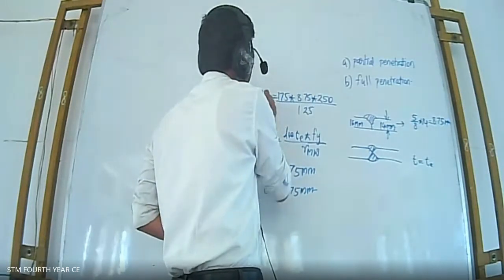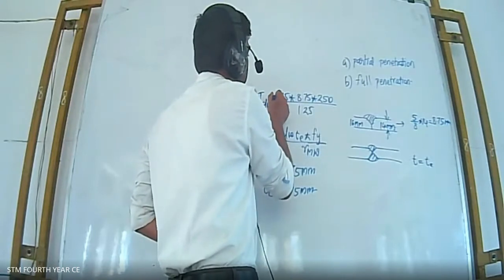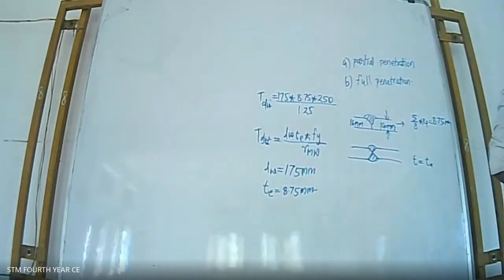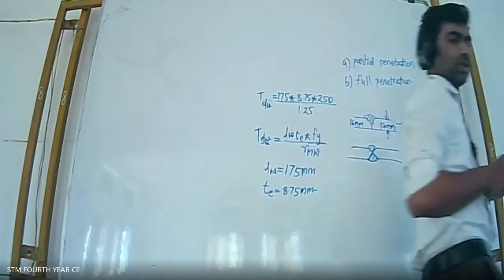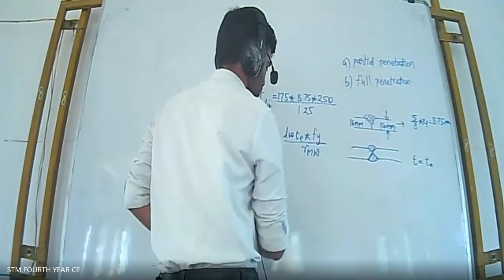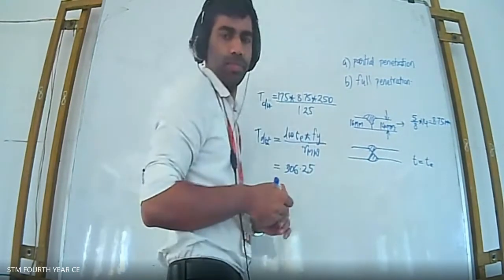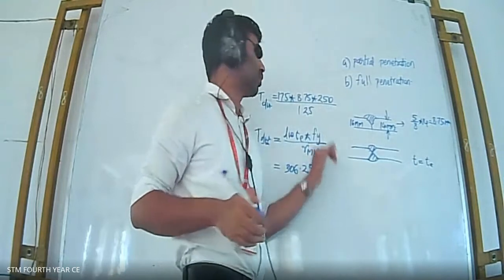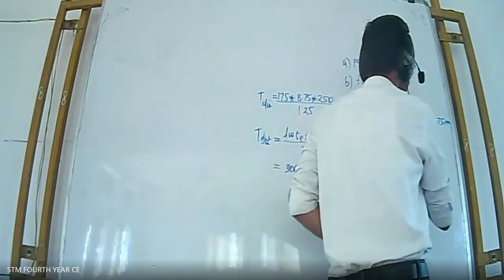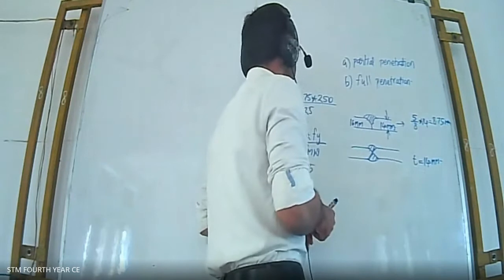That is obtained from the table. In this way, you can substitute in the T_dw and you will get the value 306.25. I hope you obtain the value. Is it okay? The question is simple. Now in the second portion, you just have to make this change only. All the remaining will be the same.